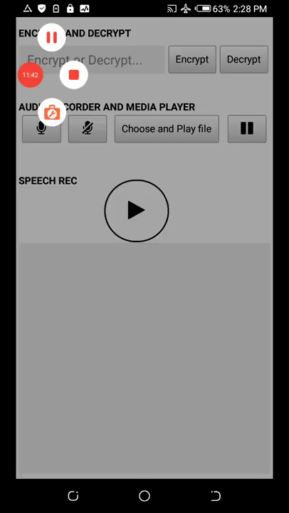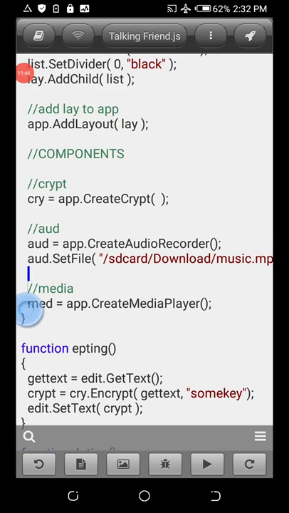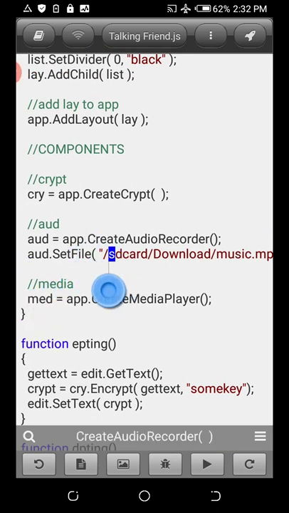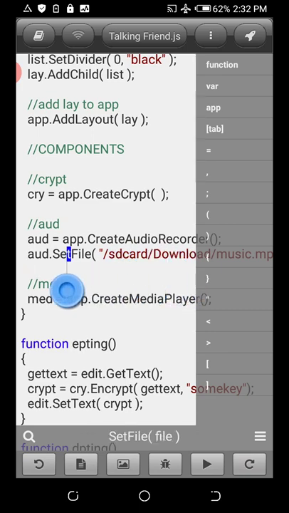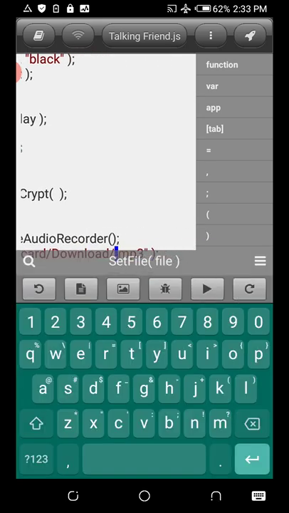Okay, let's choose. Okay, hello you guys. I did some adjustments, and I have just changed the directories, like where the file will be saved after we're done recording, and the name will be mp3. Okay, let's just give it a different name. Maybe something